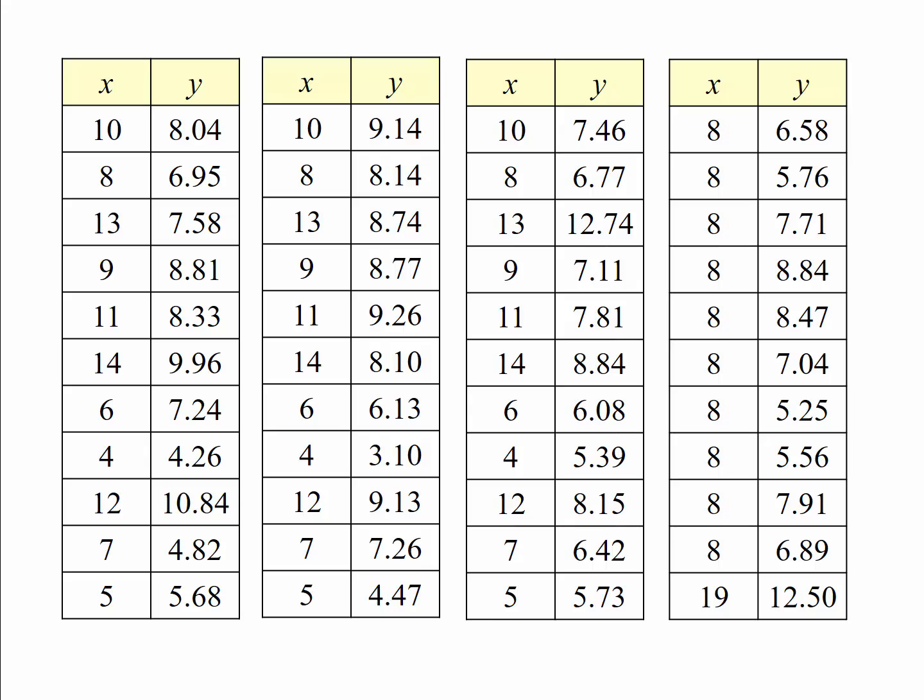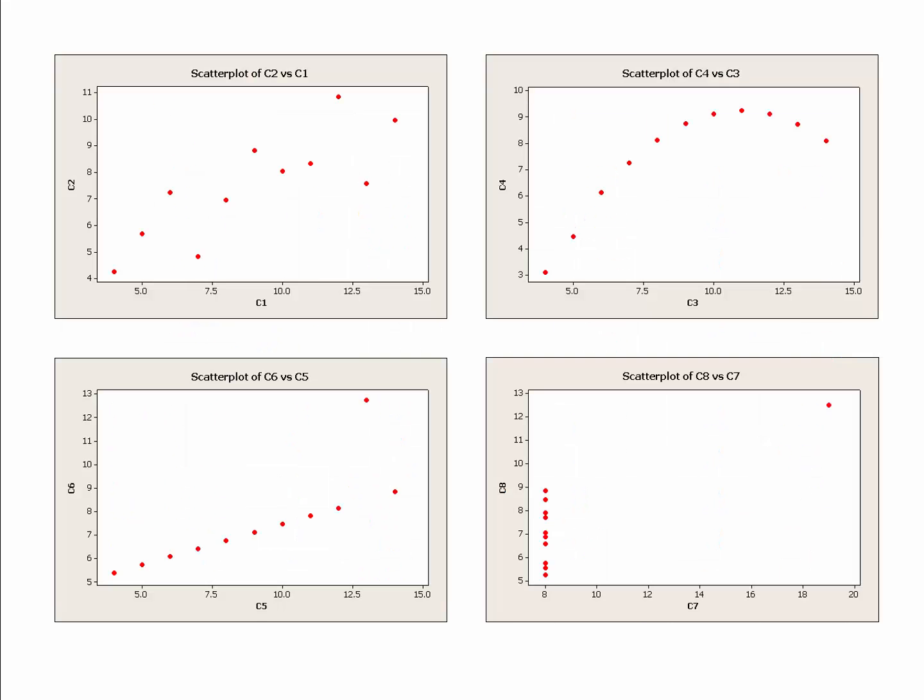We have 4 different data sets here. Clearly they're different, and if we were to take the time and plot the scatter plots of these 4 data sets, we would have 4 different patterns. Here we have roughly a linear pattern. This is a quadratic pattern. Here we have almost a perfect linear pattern, but we have one point that is away from the rest of the data. In statistics, this is known as an outlier. And then here we have a number of points that all have the same x values but different y values,